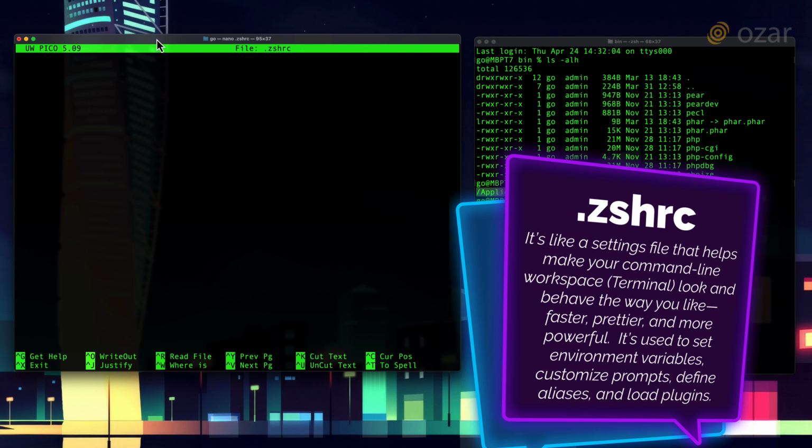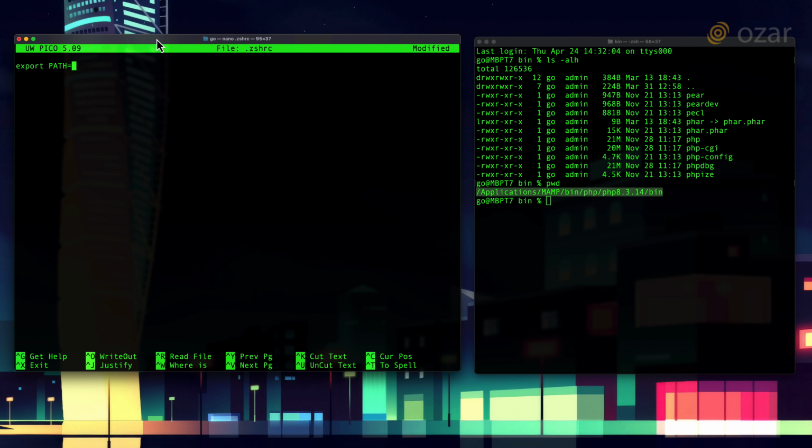Inside your .zshrc file, just add this line: export PATH= in double quotes, the path I just spoke of, then a colon, and then a $ sign followed by PATH, in all uppercase, close double quotes. Then, save the file